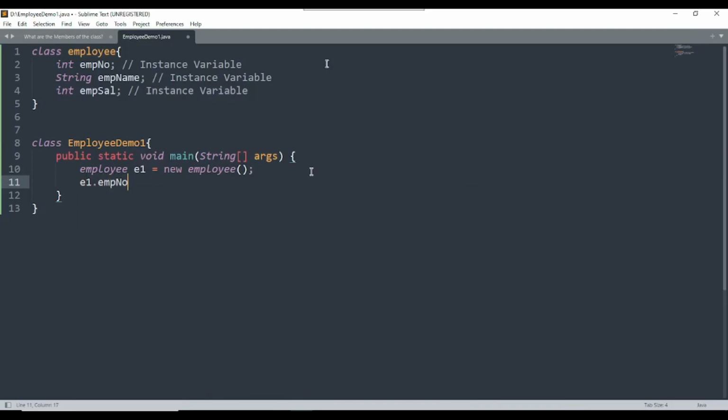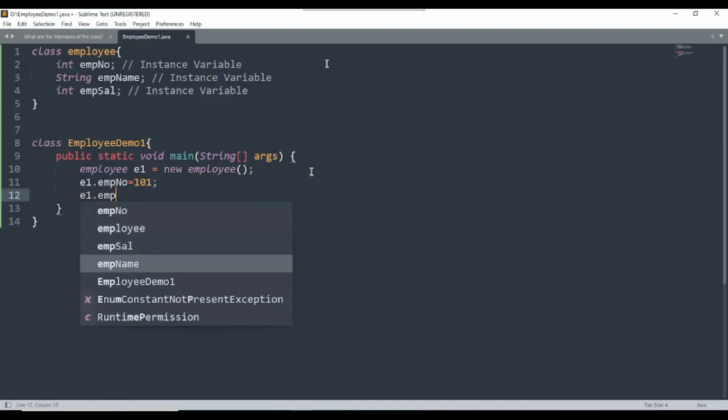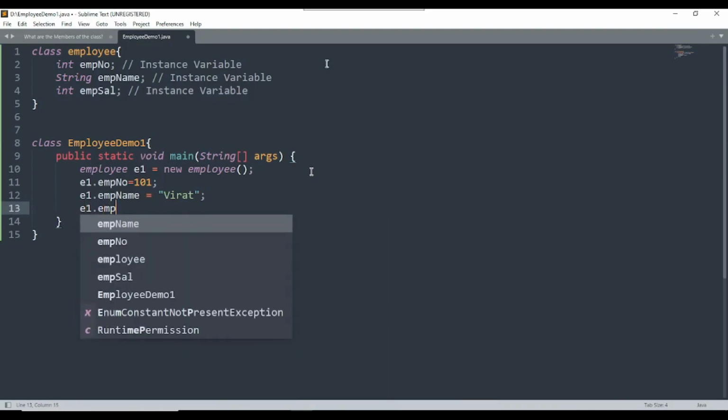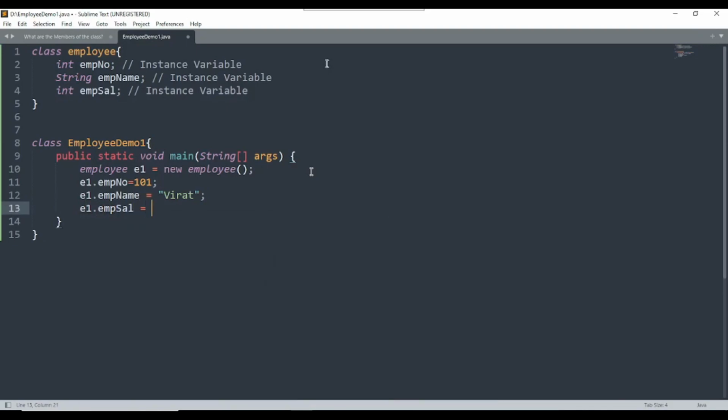So I am just assigning the values from here. e1.empNumber equal to 101, e1.empName equal to, let's say, Virat, semicolon, and e1.employeeSalary equal to, for example, 60,000, semicolon. So here we have accessed the instance variables using the object name e1.